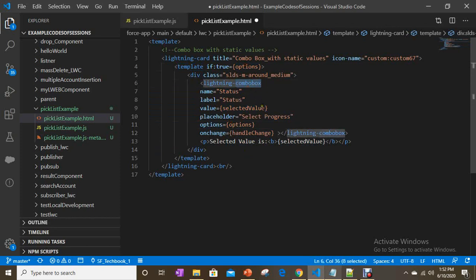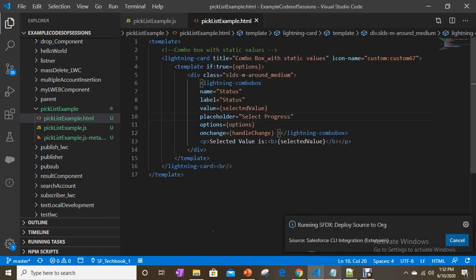Anyway, our important thing here is how we prepare the combo box. We are passing options, that is the get method, to the options attribute, and selected value to the value attribute. Label is status, and we are displaying the selected value here when the user changes the value.